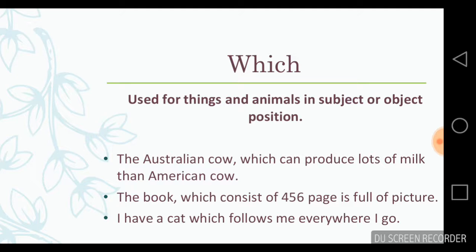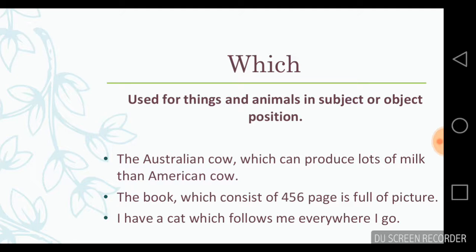position. For example, the usage of which is the first one, the Australian cow, which can produce lots of milk than American cow. It's just the example. I don't know the reality. Haha. And next is the book, which consists of